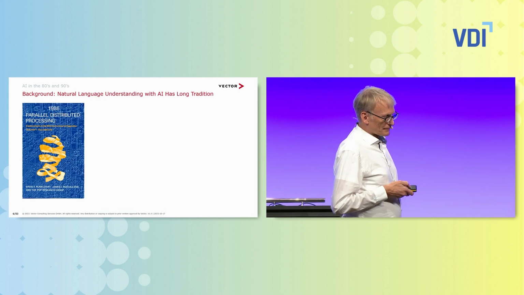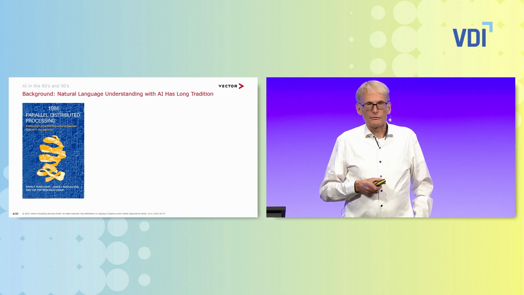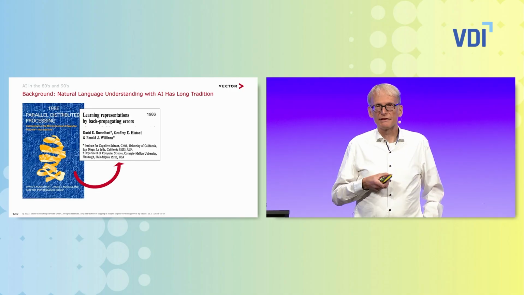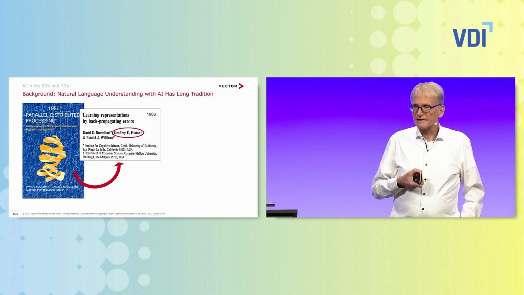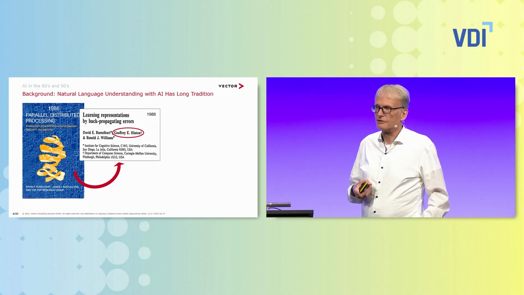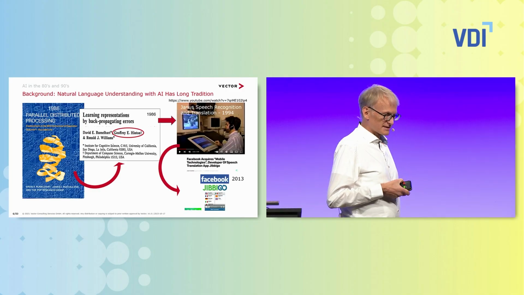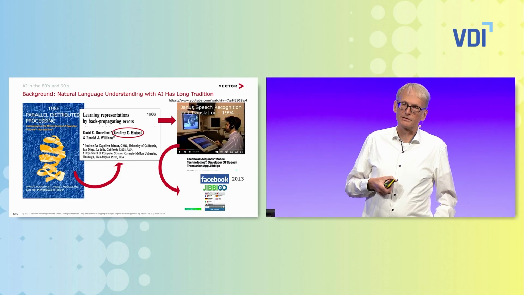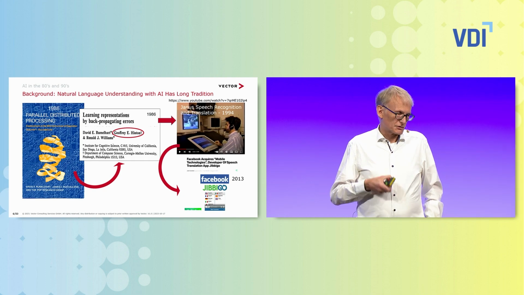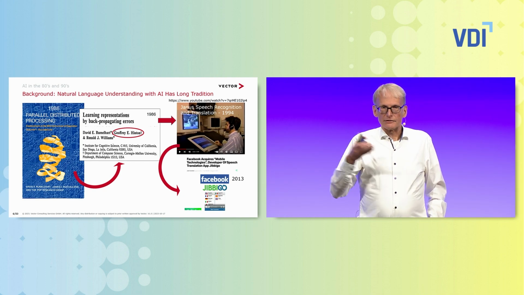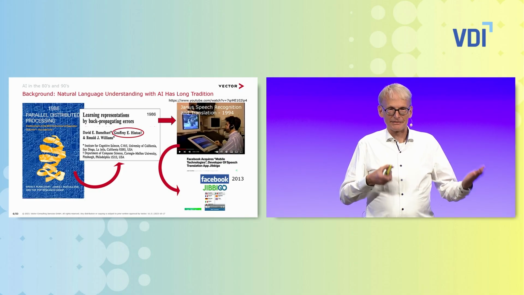So where do I come from? As said before, I was at Carnegie Mellon at the end of the 80s, where this kind of book was published. And in this book, there is this paper of this gentleman, Geoffrey Hinton, who was recently awarded the Nobel Prize. And at the time, we built a speech recognition system and a speech translation system afterwards. And 30 years ago, in 1994, we were able to translate speech from one end of the Atlantic to the other. Today, it looks like a normal Teams meeting, but at that time, it was quite fancy.